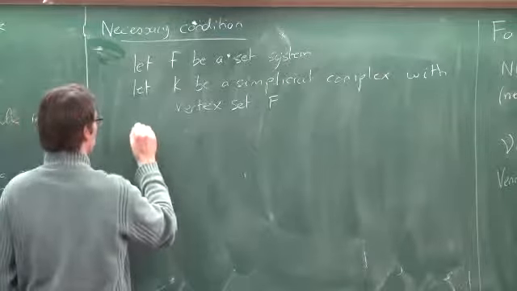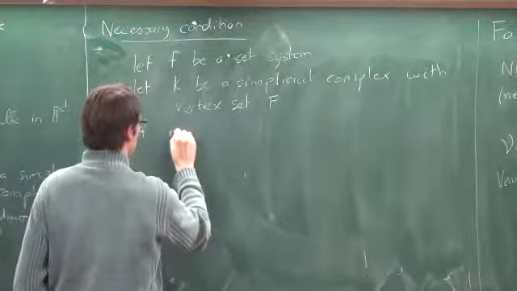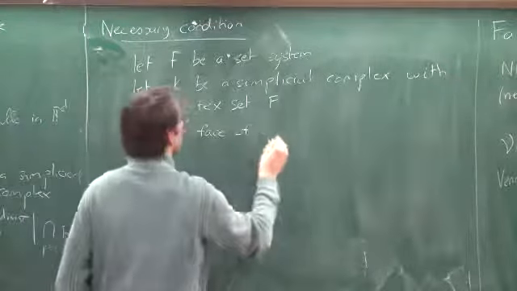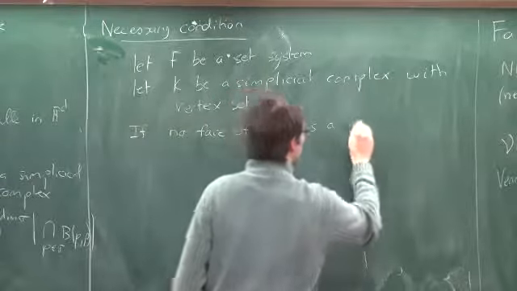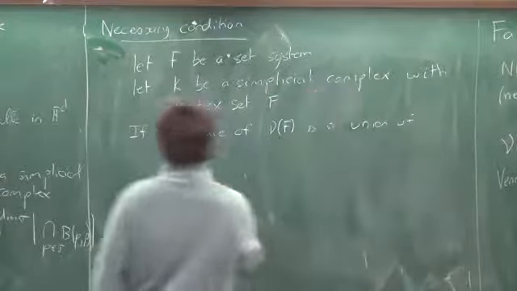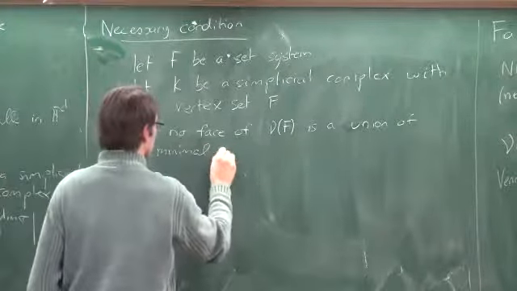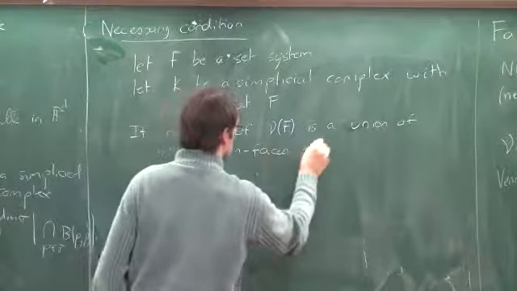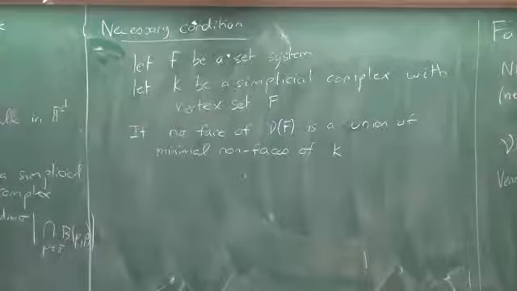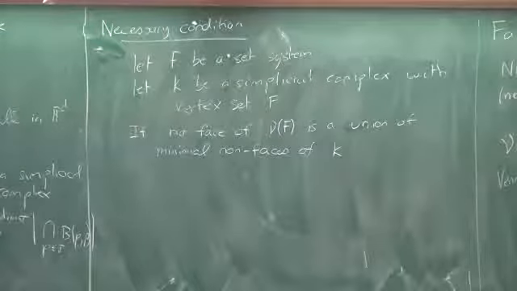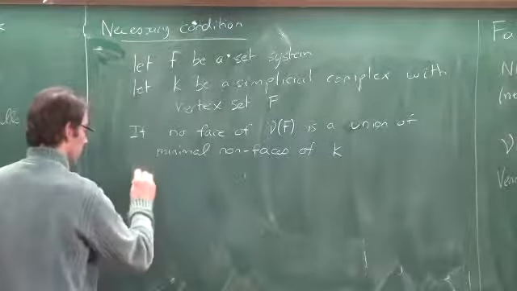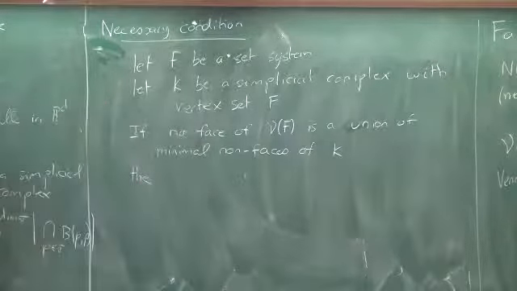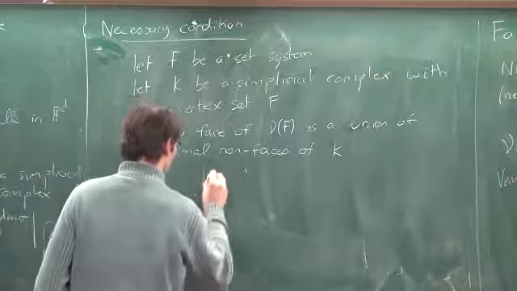And now, if no face of the Venn diagram of F is a union, not necessarily a disjoint union, just a union of minimal non-faces of the simplicial complex, so assume that every time you pick a face of the Venn diagram, you cannot describe it as such a union, then K defines a correct formula for the family F. And what this means is that